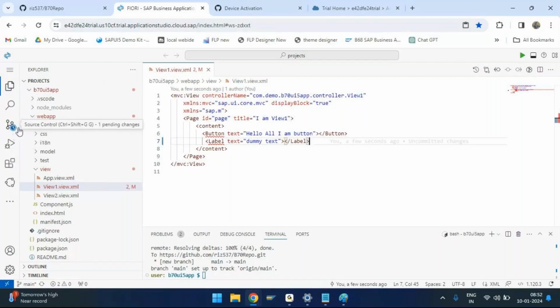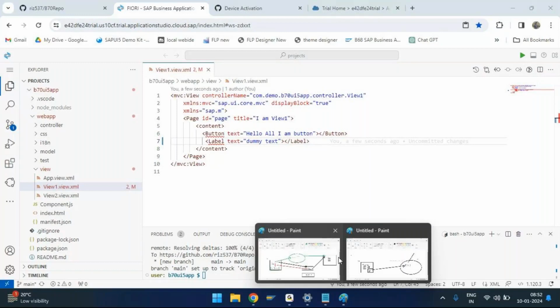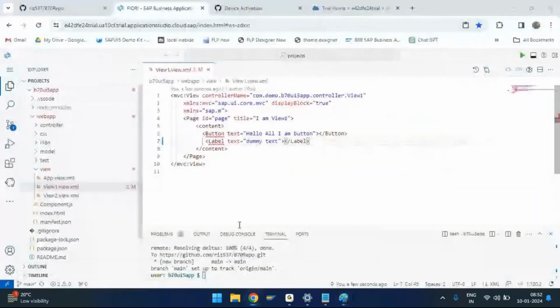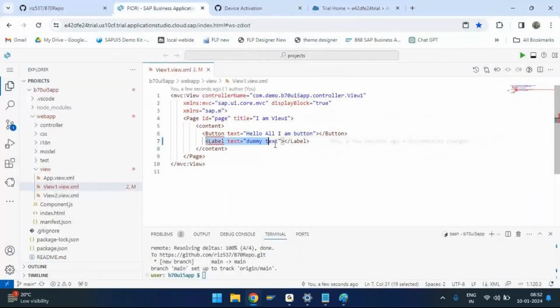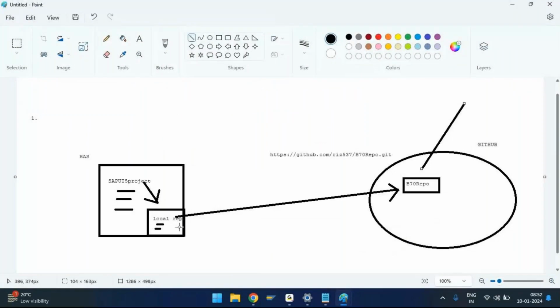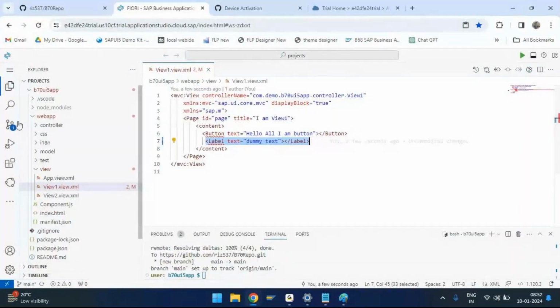It is saying that, boss, there is one change that you have done in the view1.view.xml, which is not pushed. So it will hint you, but it does not mean that immediately you push it into the local repository. It will always tell you how many changes you have done. Let's say I want to add this particular label into this local repository. I want to push it. Then what can you do? Click on this symbol,